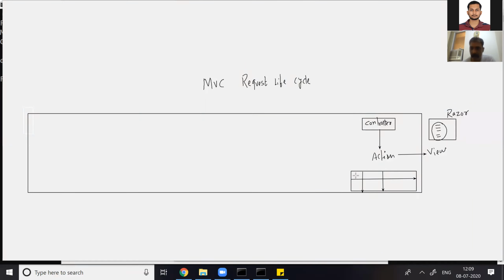The first is the key, the second is the pattern, and the third is your ID as optional. And your route table is managed by the URL routing module.